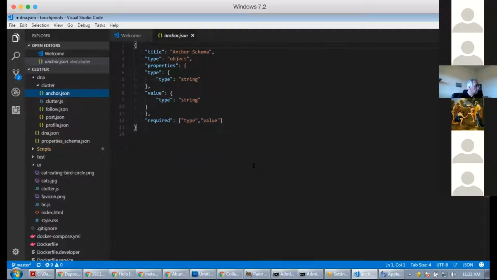So anybody that attempts to commit this type of entry to the DHT, when that entry is shared with other nodes, a validation happens. The validation will always happen before other nodes agree to receive that entry into their copy of the DHT.